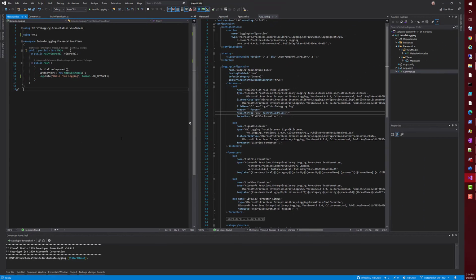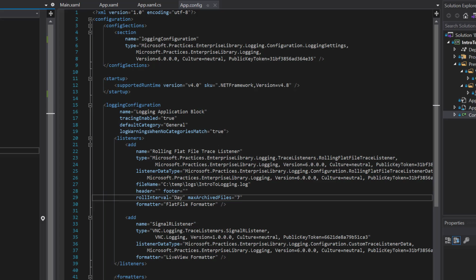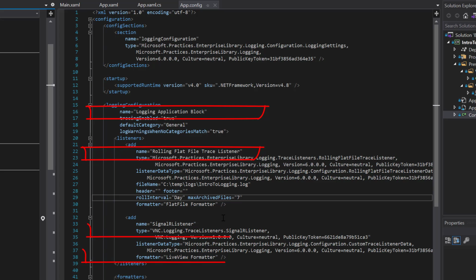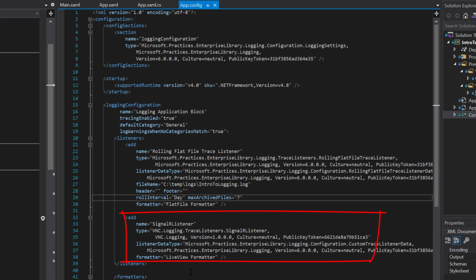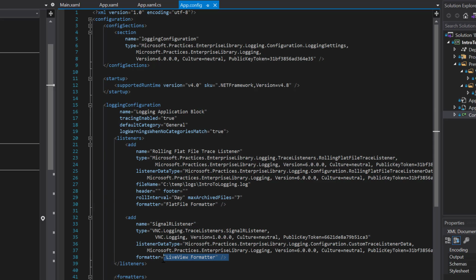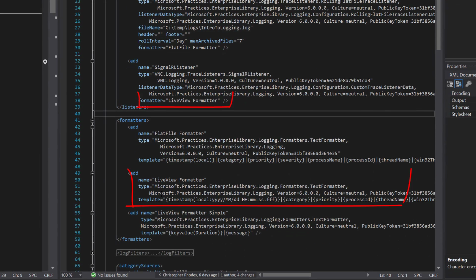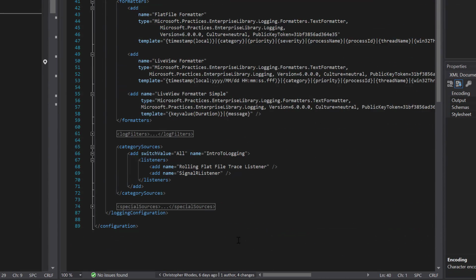So we come back into the program and no changes to main. Okay, that's the same. Main view model. Well, we definitely have a lot more messages here, so we'll be going through that. And then over in the configuration file, we've added an additional listener, SignalR listener, whatever that is. And it looks like it takes a live view formatter. So we've got another formatter here,